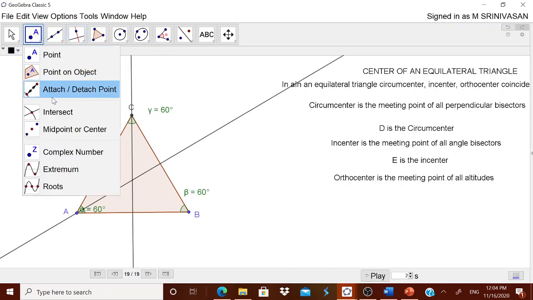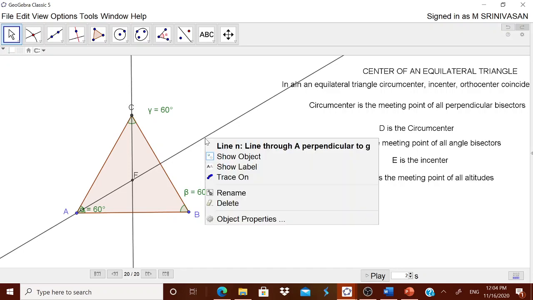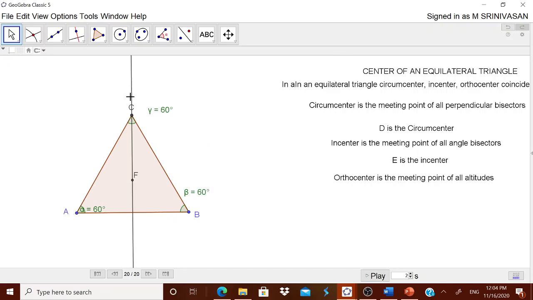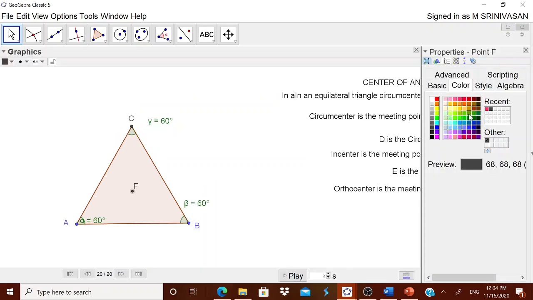Now let us go for the point of intersection. Touch it over here and touch it over here. Now you got this F. Now you can press escape and remove these lines, show the object. Now let us make a different color for it. Go to the object properties. Let me select some color like this.